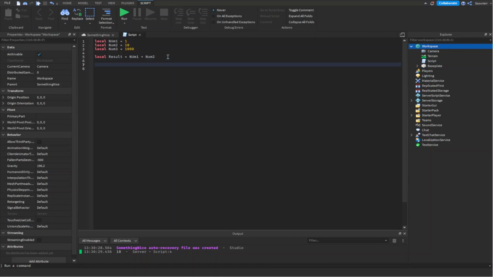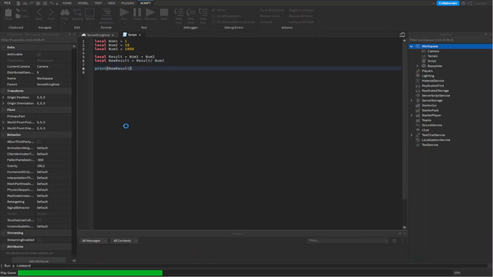And let's say we want to divide this by 1,000, right? So basically by num3. So what we can do here, instead of print, is local new result equals result divided by num3. So what we're doing here is getting this result, which is equal to num1 times num2, and dividing it by num3, which is 1,000. And if we print it right here, we do print new result. It's going to give us